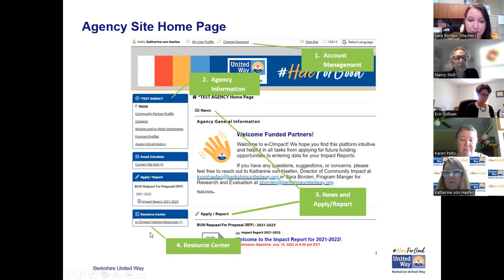And then finally, on the left-hand navigation menu, we have a resource center. That's where you're going to be able to find those PDF documents with the screenshots and